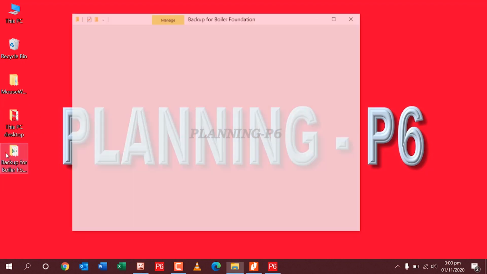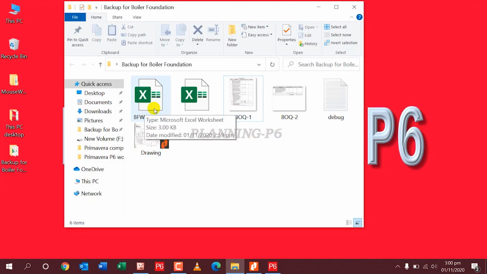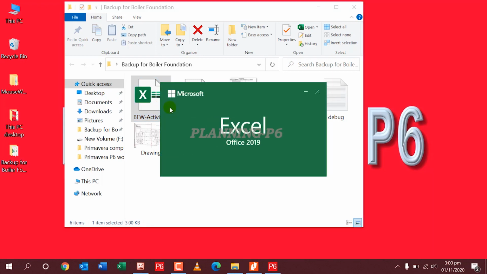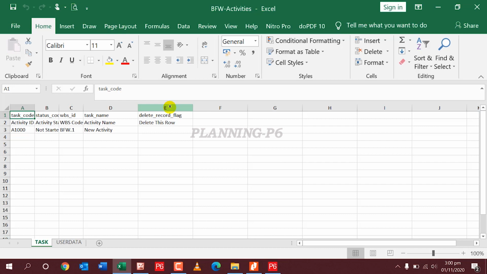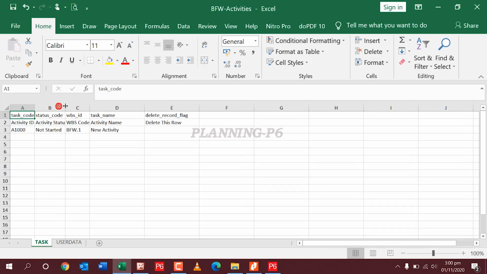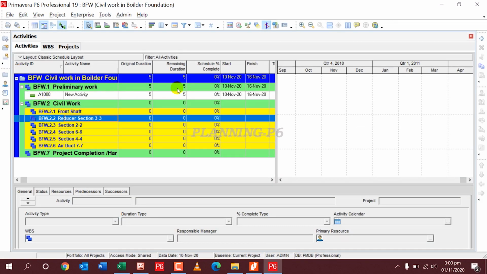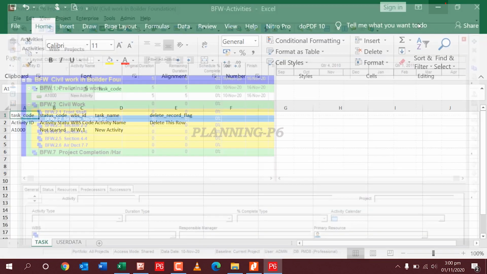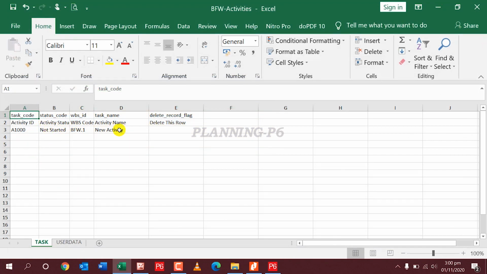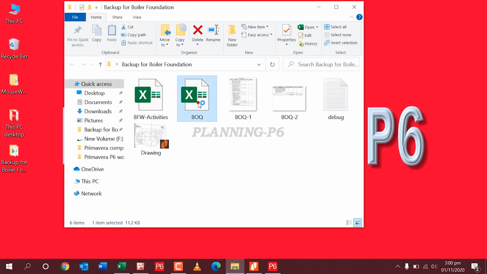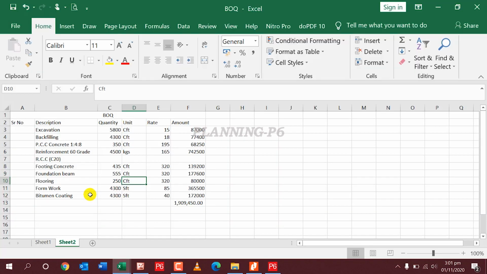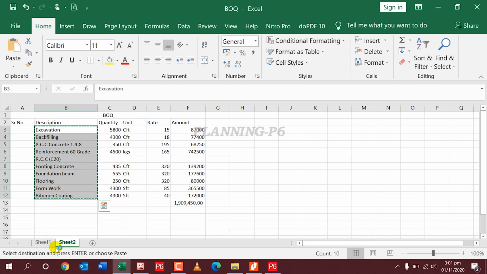So here I have a file, you can see here when I open. In the file the same name has A1000 activity ID, name with new activity, and then I will copy all the sections from here and I will paste here in the activities.